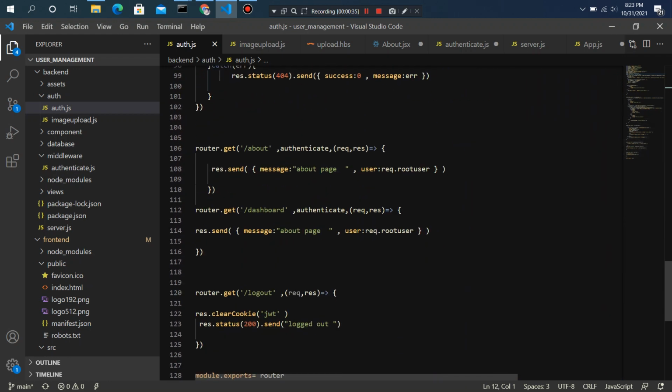And sorry for being late in submitting my assignment, because I was busy making some other projects given by other companies. So I just couldn't do the second project, which was a tic-tac-toe game using React. But I completed the first project, which is the user management system, as I said just a moment earlier.